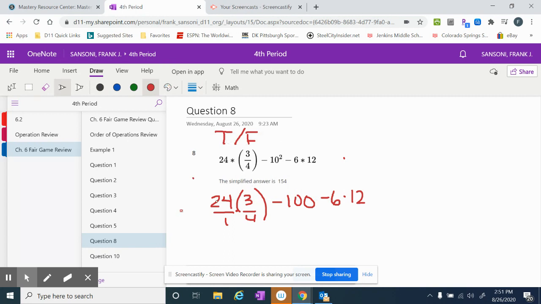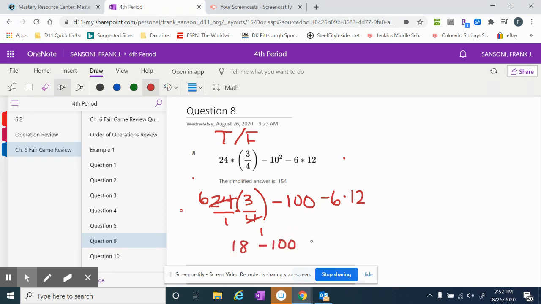simplify this. Since I have a 24 on the top and a 4 on the bottom, I'm looking for something to reduce. And I say, oh wait, 4 goes into both of those. So 4 goes into 4 once, and 4 goes into 24 6 times. So now I'm left with just 6 times 3, which is a lot easier than trying to go 24 times 0.75. So 6 times 3 is 18